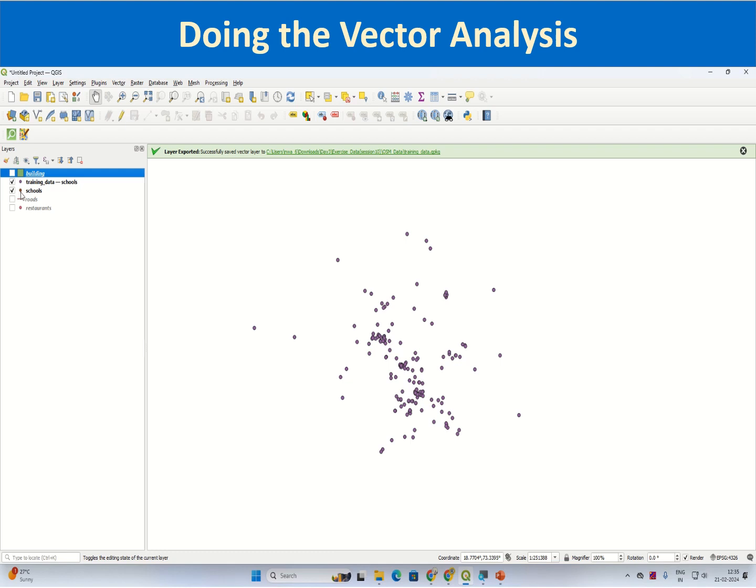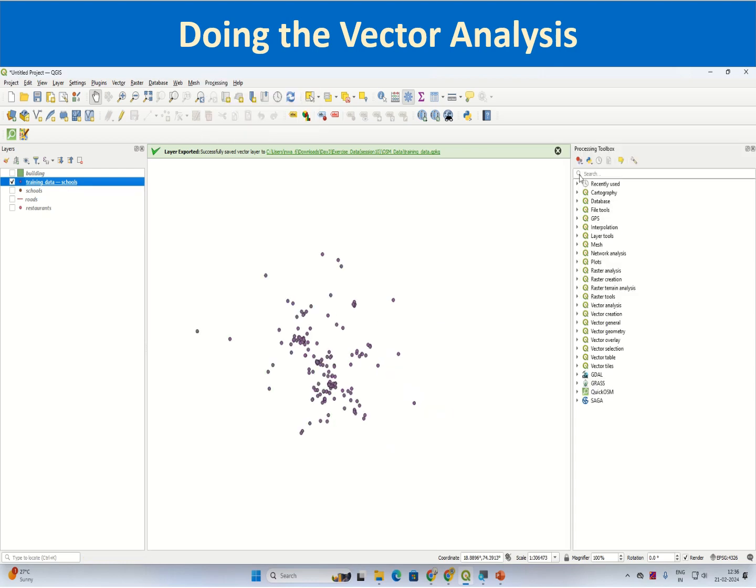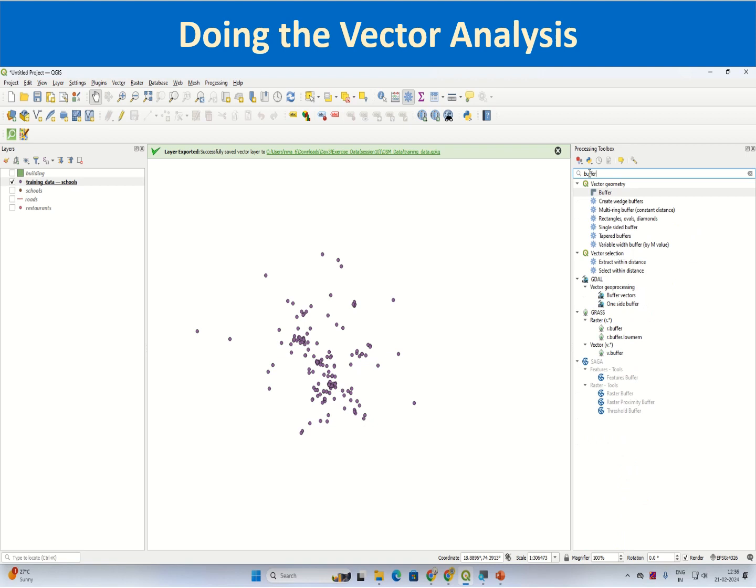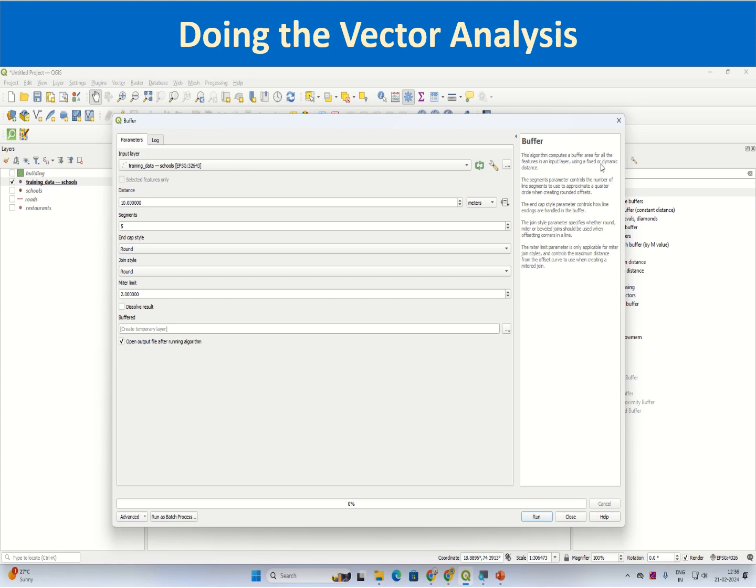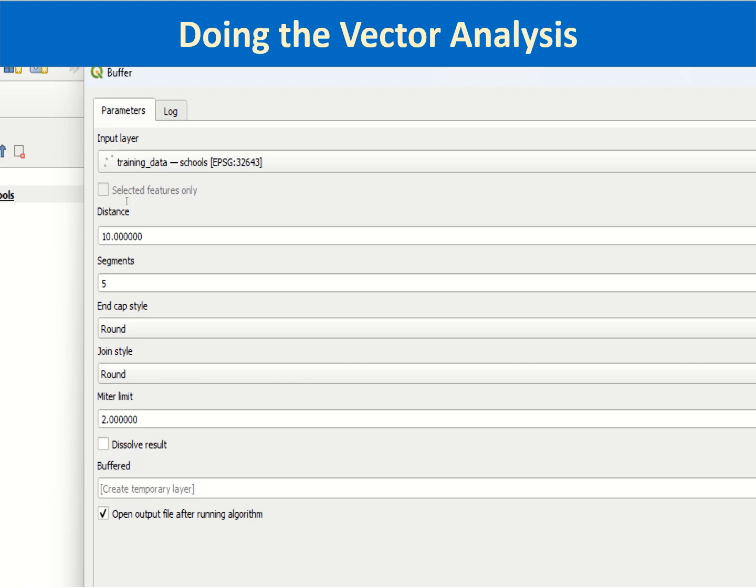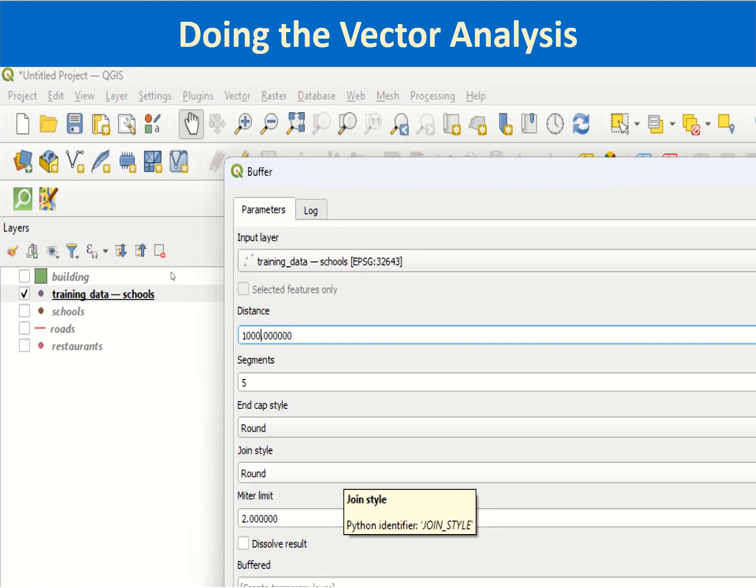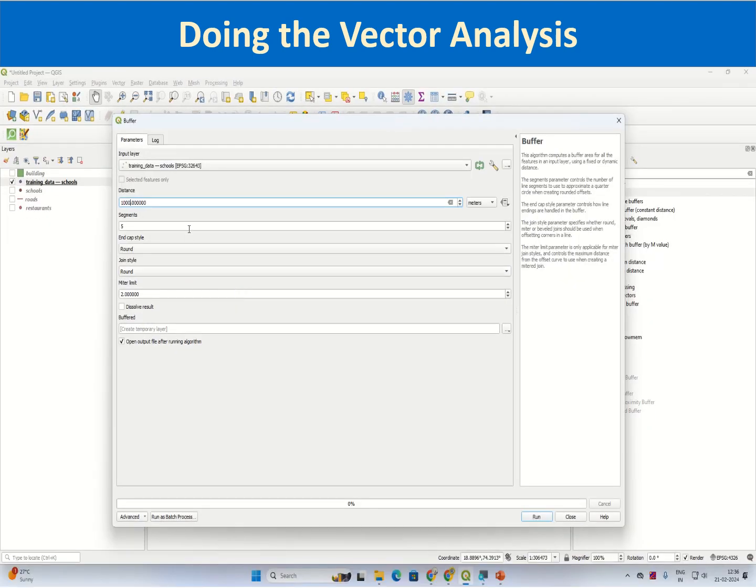Now how to create any buffer? For example, for school which is in 32643, this is my projected school point layer. I can create buffers by going to the option processing toolbox. You can search for buffer tool, which you will find in vector geometry. Under vector geometry you will find this option of buffer. You can click it and then it will open a dialog. You can read what the algorithm does. So we will give the input layer as training data schools, which is in EPSG 32643, and the distance you can specify as in meters, that is 1000 meters, which is 1 kilometer,